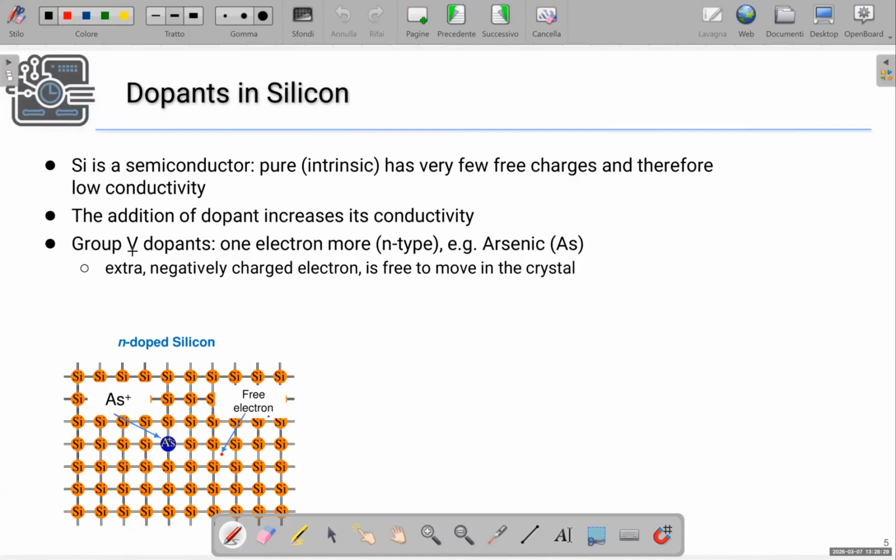In particular, when we replace a silicon atom with an atom of an element of the 5th group, for instance, arsenic,